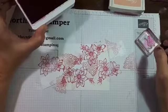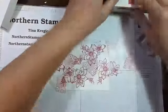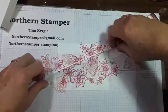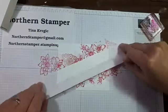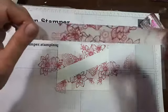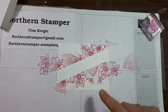All right. So I got them laid out. Now it looks kind of busy. Okay. But now I'm going to remove that piece of photocopy paper. Voila. Okay, doesn't that look fantastic? That looks cool. Anyways, now I've got a choice. I can either